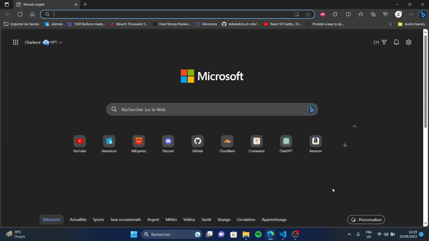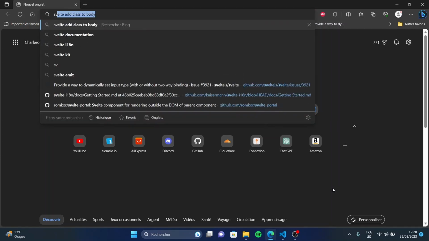Okay, so what we want is Svelte, but since we want to build an application, we might want to install SvelteKit, which is developed by the same author. And in addition to reactivity, it will provide routing and many goodies that are very interesting to develop an application, so that you don't have to implement different libraries that are not made for it specifically. So let's go and look for SvelteKit